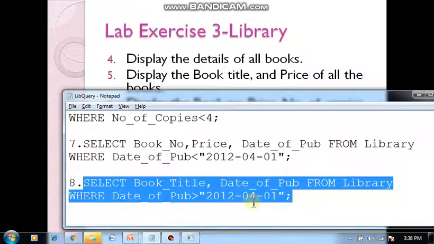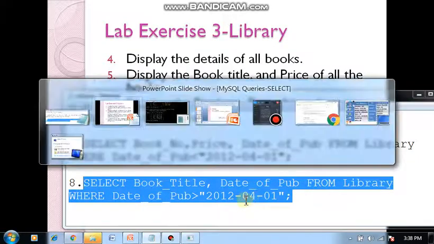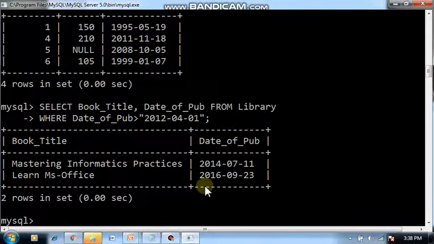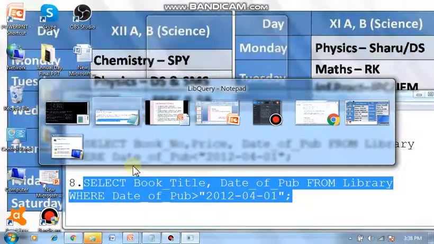The date needs to be given in YYYYMMDD format. So let's execute this one. Look at this. Before that date 4 books were published, after the given date 2 books were published, total 6. So it's correct.